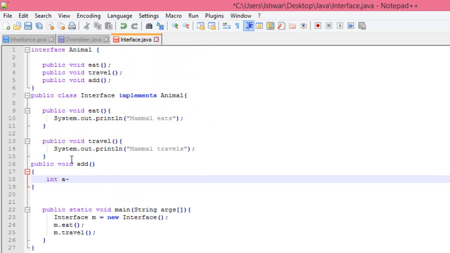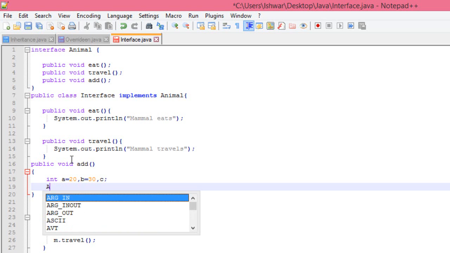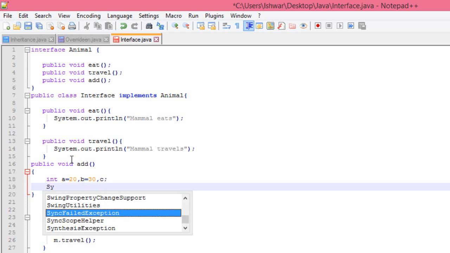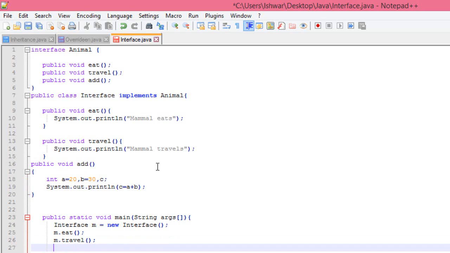Int a is equals to 20, b is equals to 30, and c. So I will be printing System.out.println c is equals to a plus b. And now over here in my main method I will call m dot add.